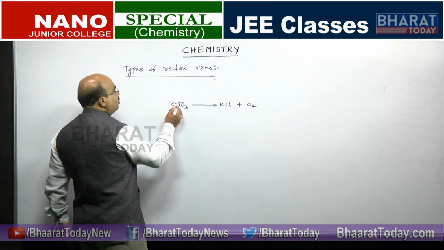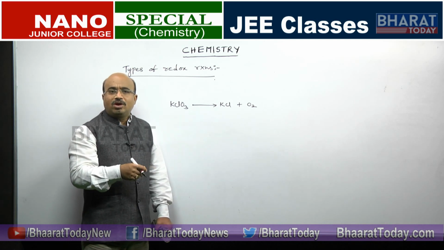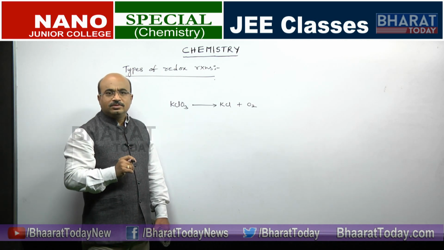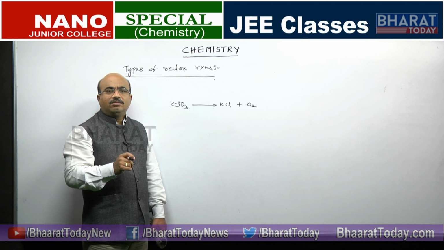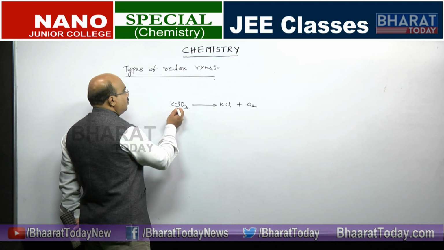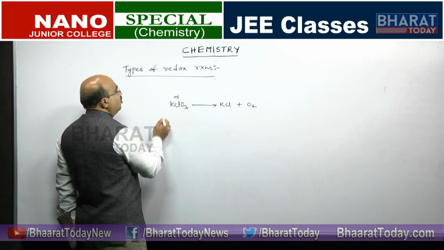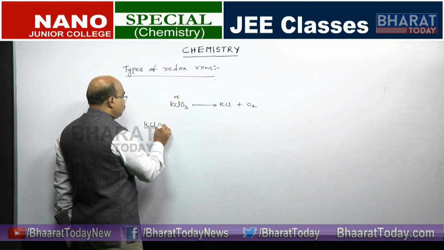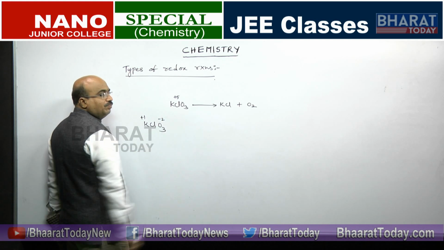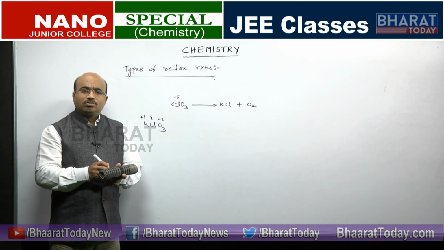What is the oxidation state of chlorine? And if you see potassium, why did we not calculate it in the previous class, why have we not taken potassium? Potassium is always +1 whenever it is in a compound, because a 1A element will always have a +1 oxidation state. So, what you are actually seeing here is chlorine, which is in +5. You can calculate it: potassium is +1, oxygen is generally taken as a reference, -2, and we determine chlorine.